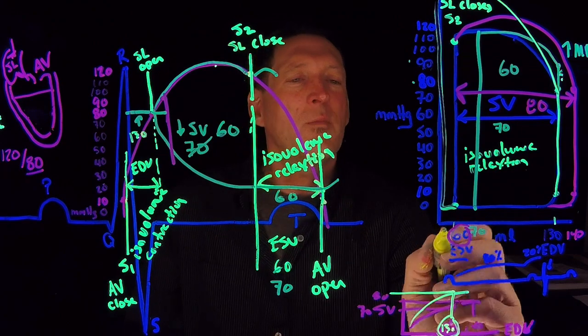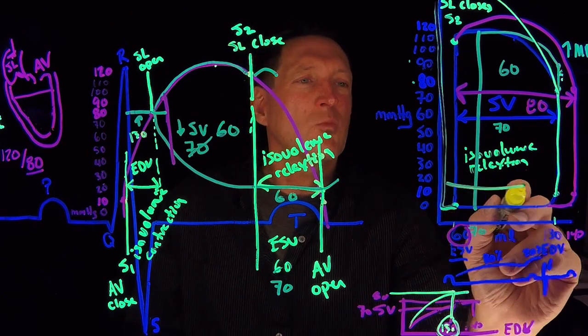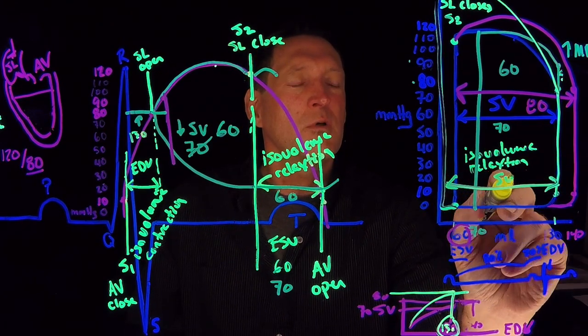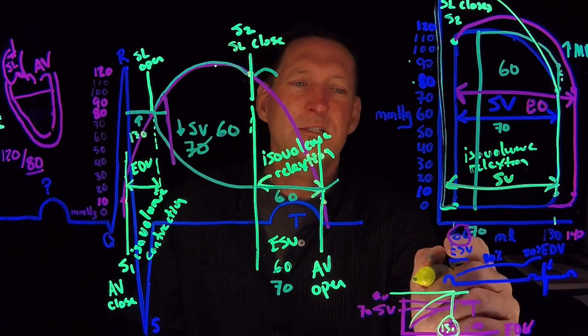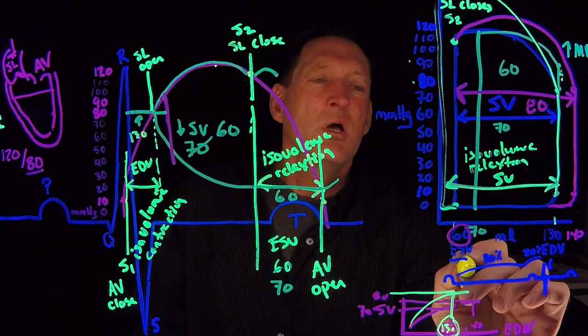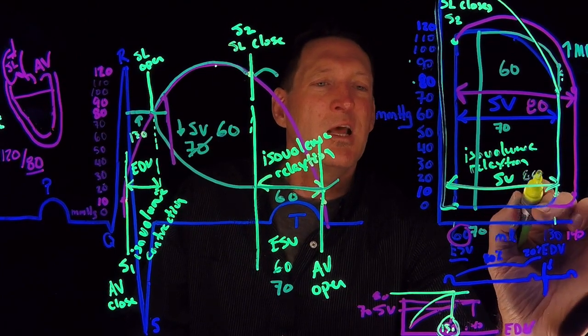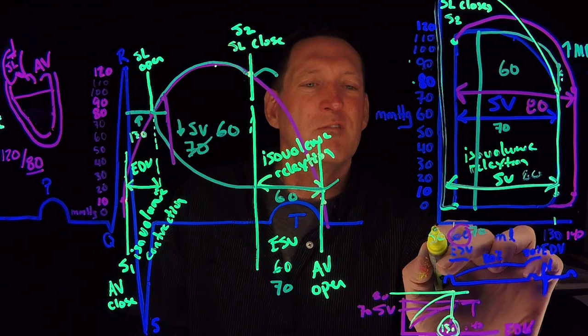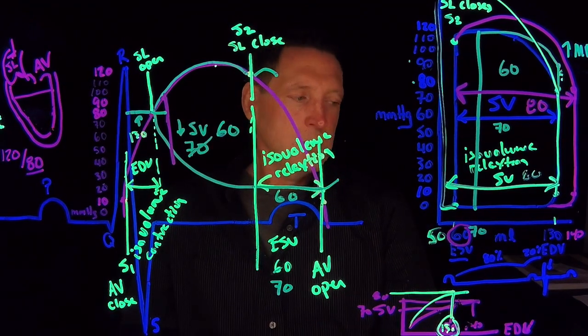So now what happened is I got out a higher stroke volume, and I have less end systolic volume. So I started with 130. Let's say my stroke volume was normally 70. This went to 80. That leaves me with an ESV of 50. And that's the principle of contractility. All right, hope that